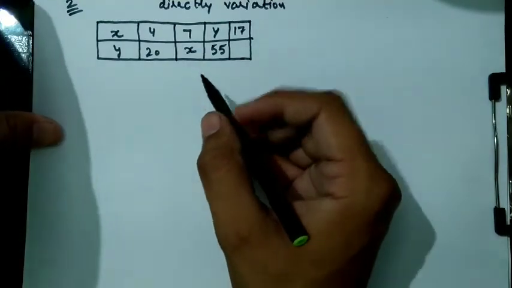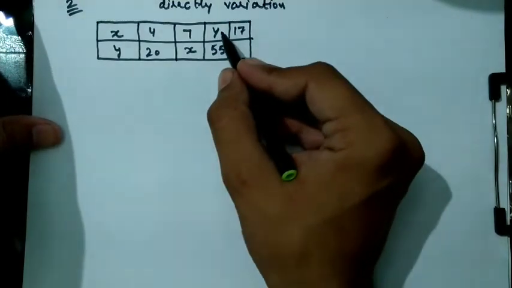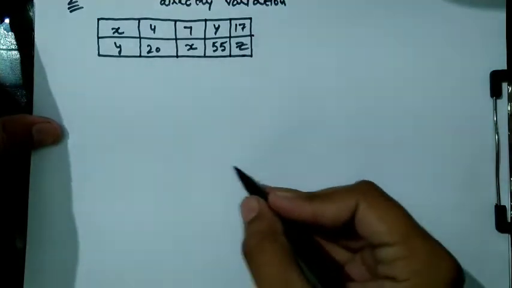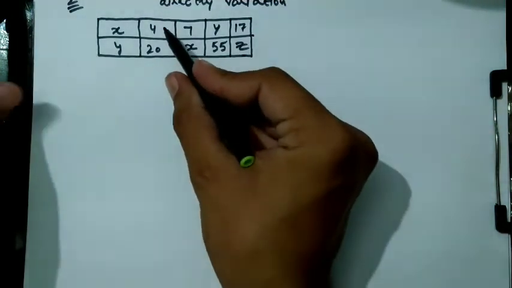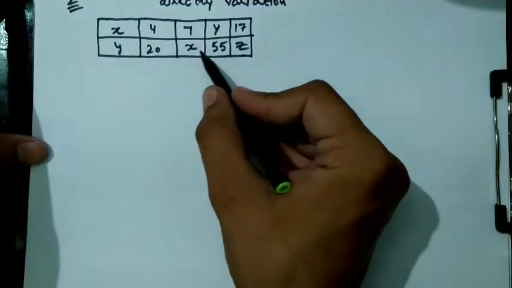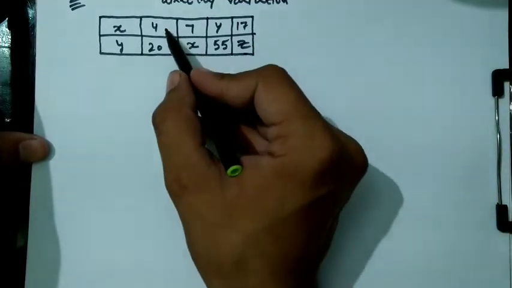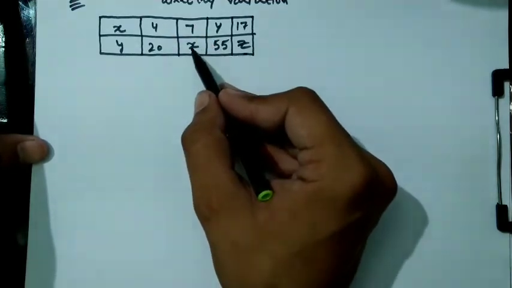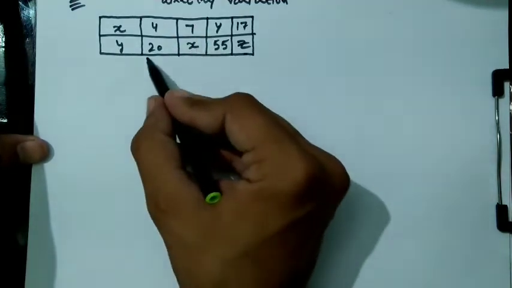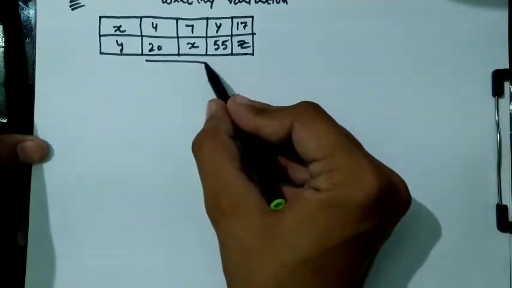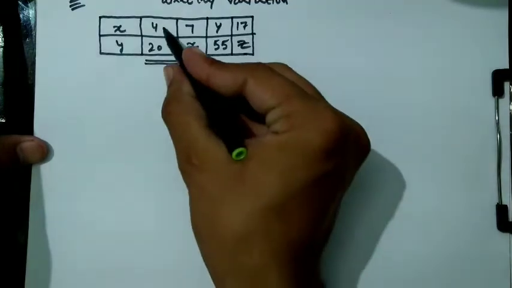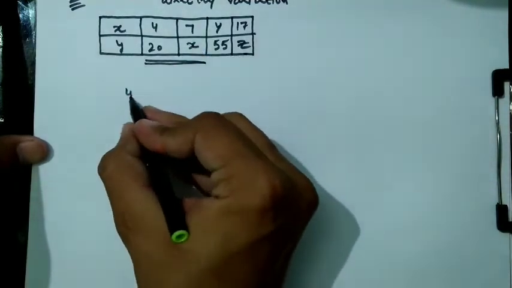So class, suppose here is x and here is y, here you can say again z. First of all we have to find the value of x here. They have given us 4, 20 and x. So in the first case we have to find this portion only, right? So firstly we will write 4 over 20